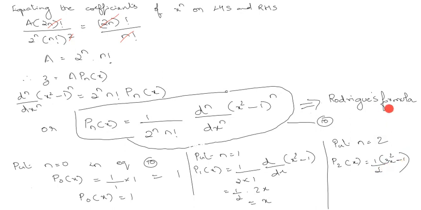So using Rodrigues' formula, we can find out P0(x), P1(x), etc. with any n. And you know that Pn(1) is equal to 1. So in order to find Pn(1), we have to put x is equal to 1. What we will be getting is Pn(1) is equal to x, with 1 instead of x. So Pn(1) is equal to 1.